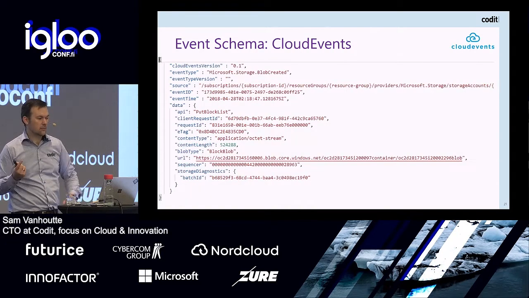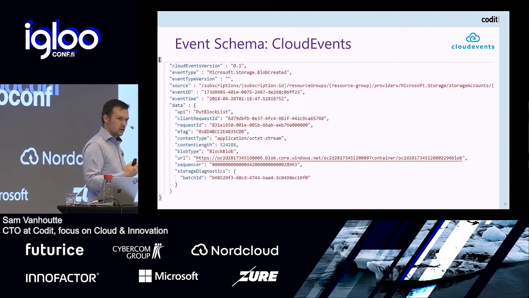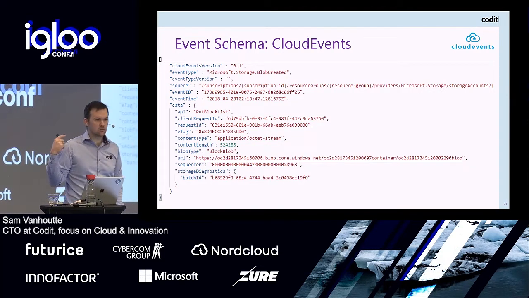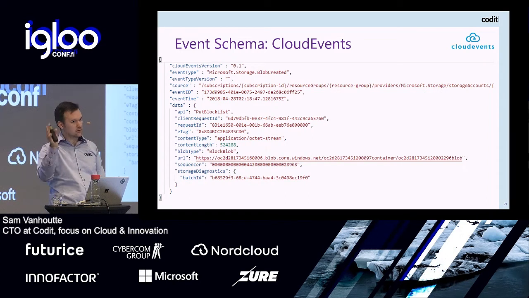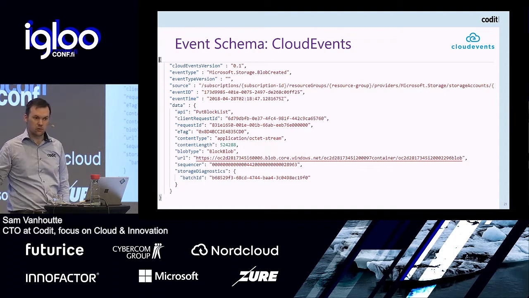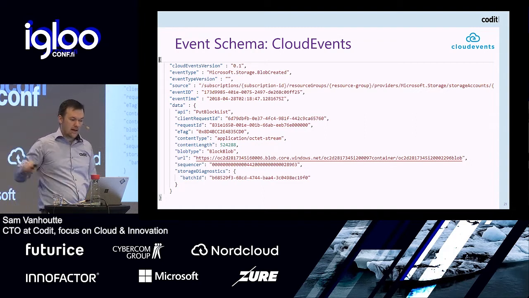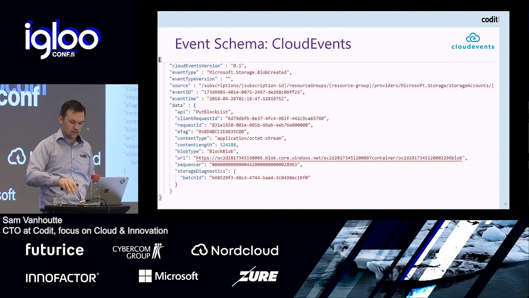You can use Cloud Events at the same time. Cloud Events is an open standard that is being adopted by multiple companies. So this is also supported, and you can actually indicate the type of event that you want to receive: is it Cloud Events versus Event Grid specific? If you start with a new application, I would say, why not go with Cloud Events, because you're even more cross-platform. And the structure itself is quite similar. So the data is where the actual body is, and then you have all these other metadata properties.